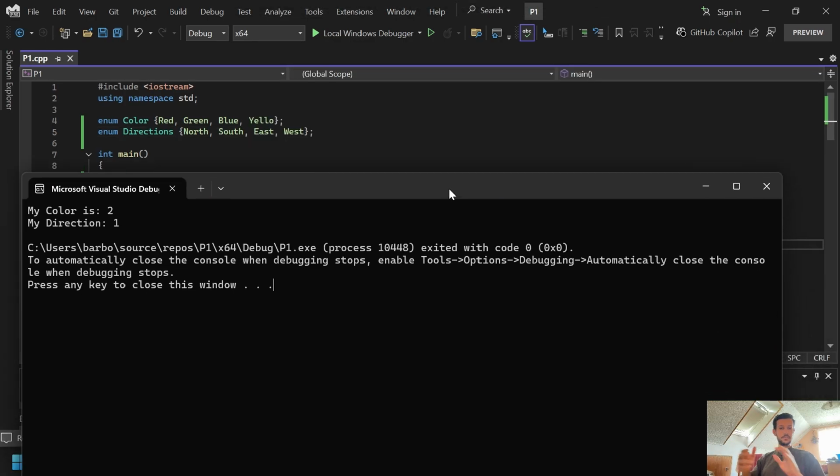So that was the enum. And I said the enum helps us represent the numbers of the colors or the directions. For example, when we use condition statements in the future, instead of writing color equal 0, color equal 1, where we might forget which color 0 represents and which color 1 represents, and the same with direction, myDirection equal 0, myDirection equal 1, and we don't know which direction 0 and 1 represent, we will replace these numbers